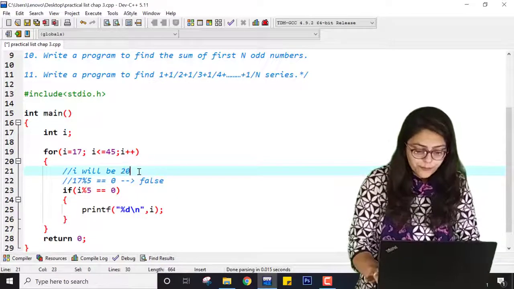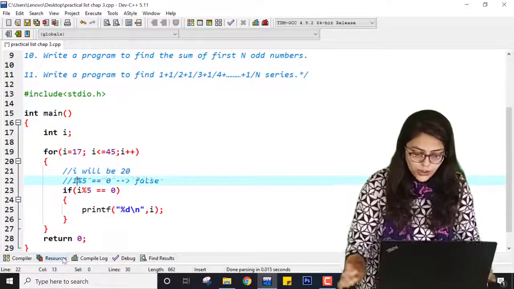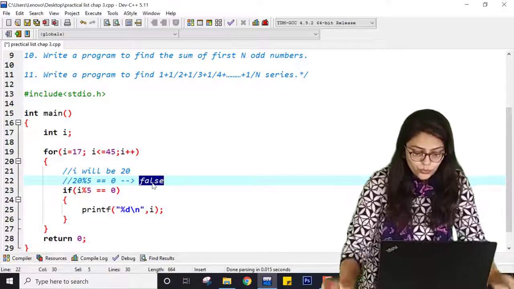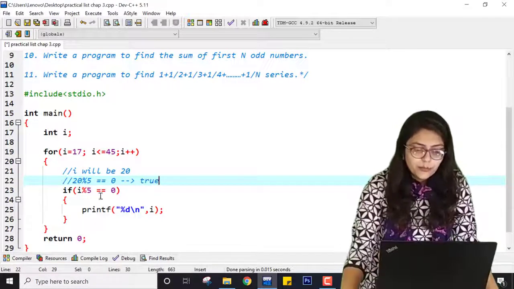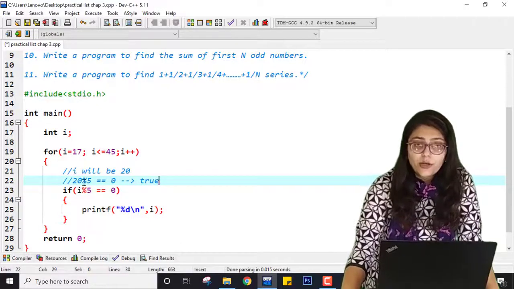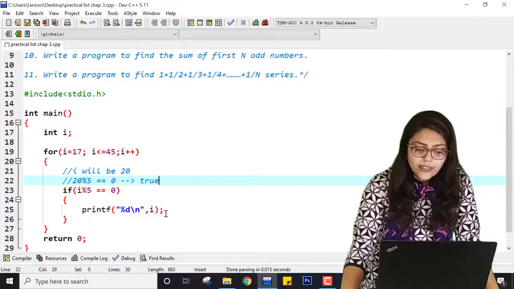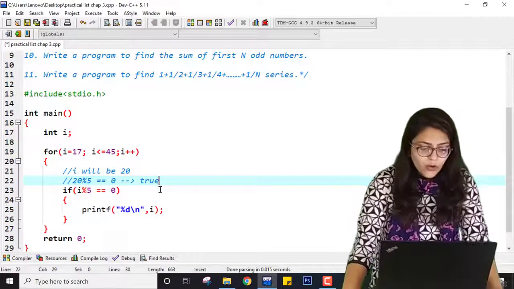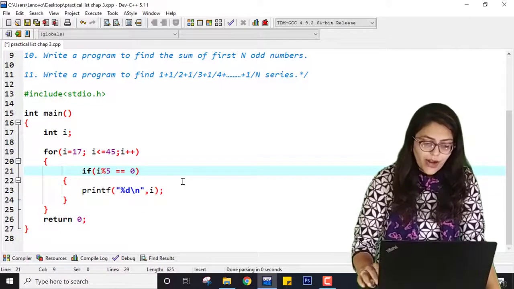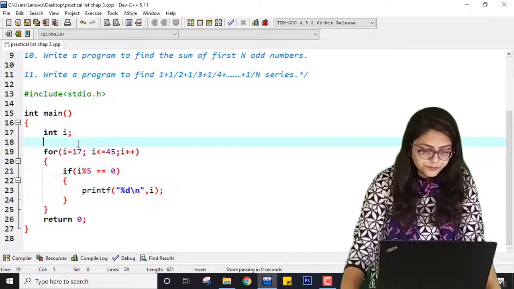For 20, it will be 20 modulo 5 equal to 0. It is true. That's why it will go inside and print that particular value of i. At that point, what is the value of i? i's value is 20, so 20 will be printed. I hope you understand this concept.